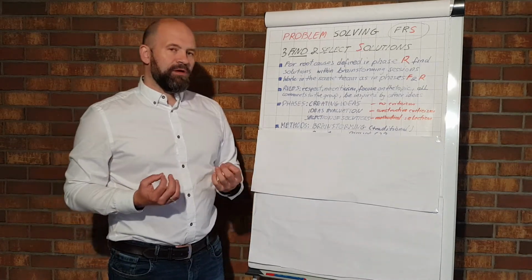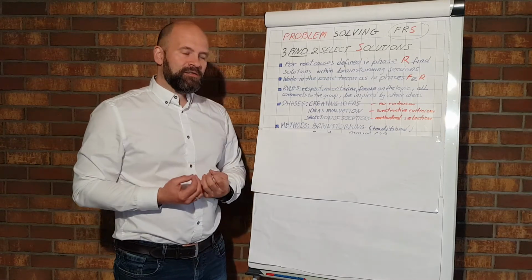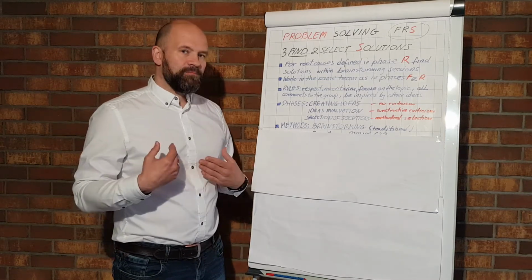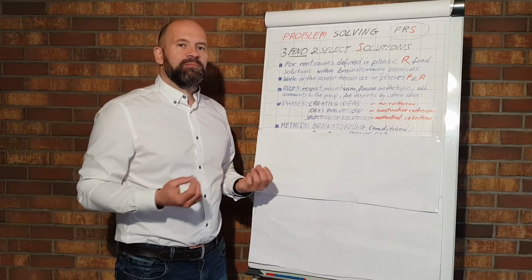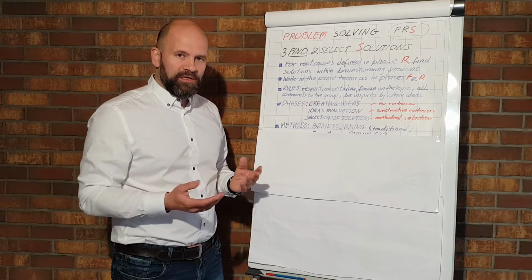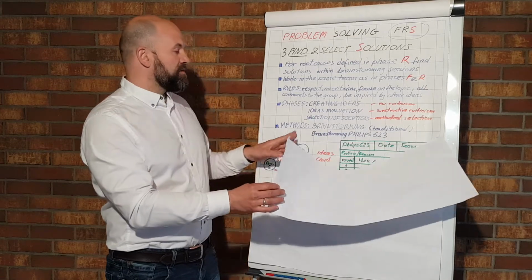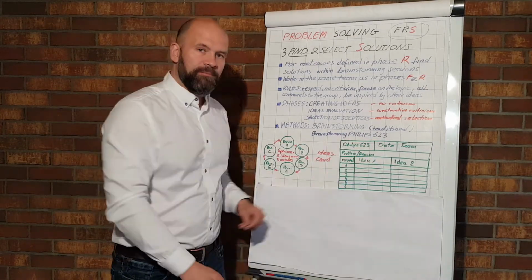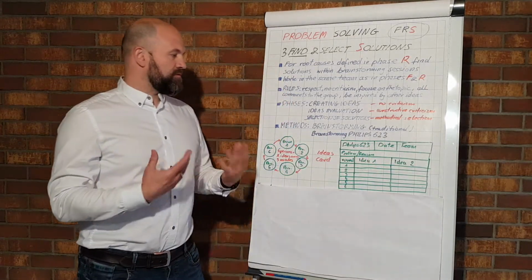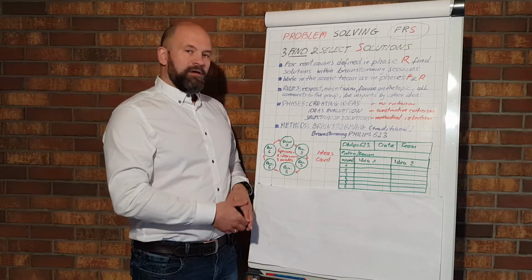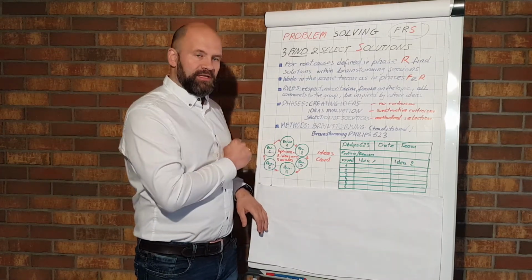The method that we will use to generate our ideas is the following. We can apply the typical brainstorming, quite common in our companies, or we can apply a special version of brainstorming. This is Phillips 623, and I am going to explain how to do it. So we have our 6 persons in a team.